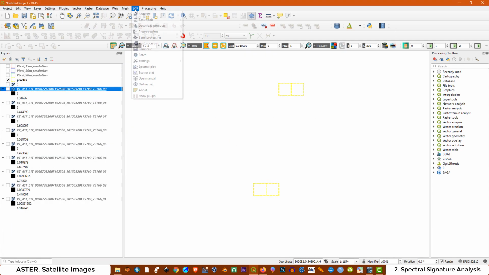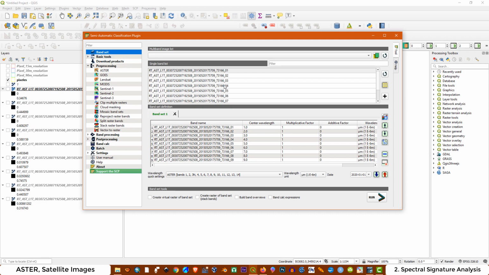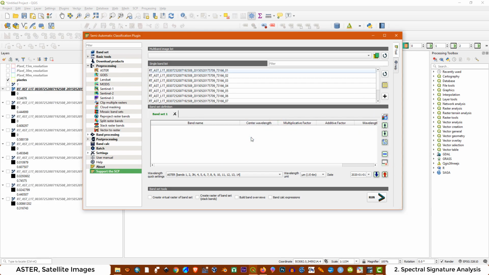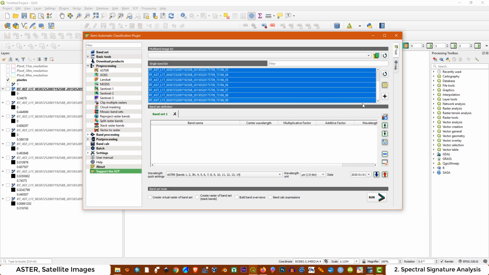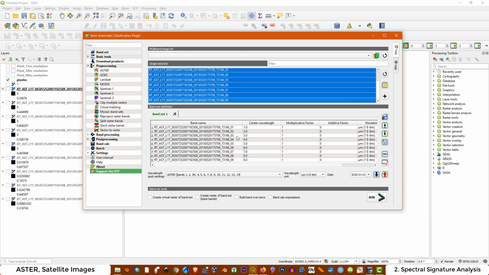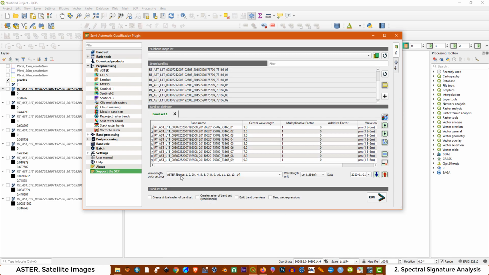Then I am going to open the SCP band set. I'm going to refresh this one to load all these bands over here. Then I'm going to remove this one, yes, and load the new band set from here to here, add, and I'm going to check that it's correct. 1 2 3 4 5 6 7 8 9. Then remember to select this option here,